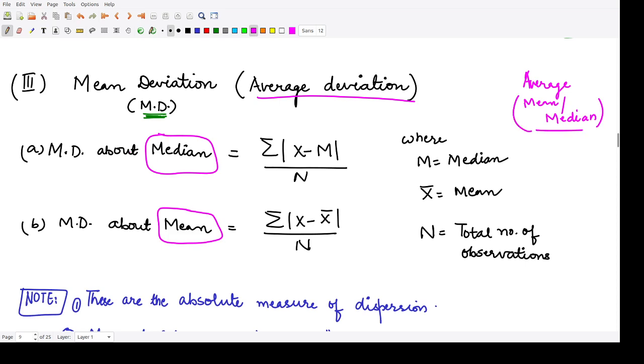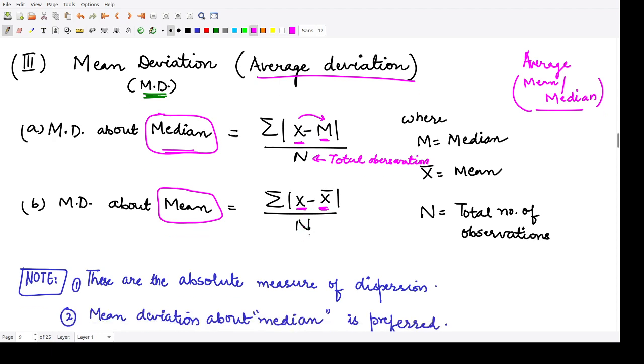Right? So if you take this deviation about median, what do you have? You have summation, your data minus this median. You calculate this all, then you take its absolute value. That means you ignore all these signs. You only keep the positive values and convert the negative to positives, and then you add all these quantities and then you divide by the total number of observations. So this is the formula to calculate mean deviation about median, and mean deviation about mean is calculated by taking the difference of the given data from the corresponding mean.